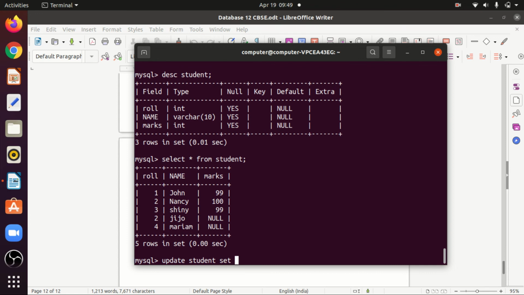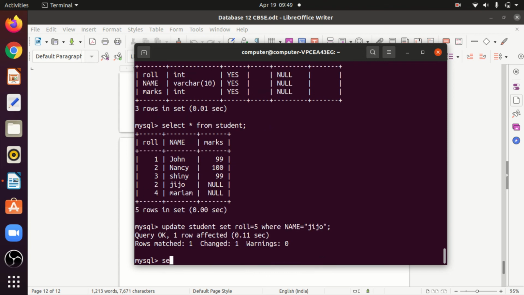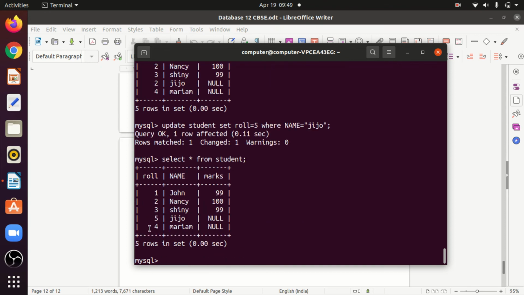Say for example, roll equal to 5, where the name is Jijo. Now let me check whether it has been updated or not. So it is updated. See, roll number is 5.